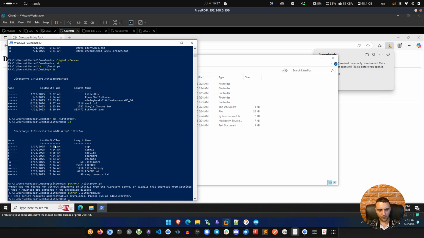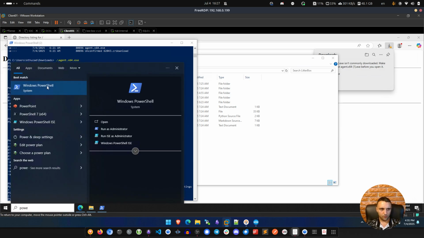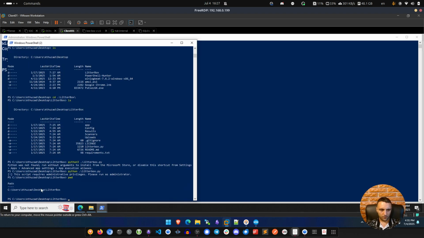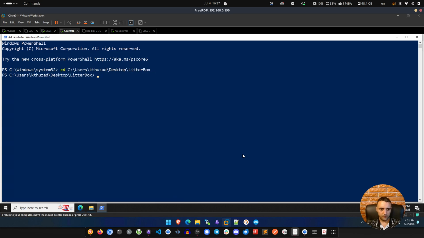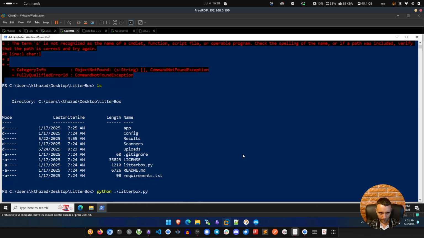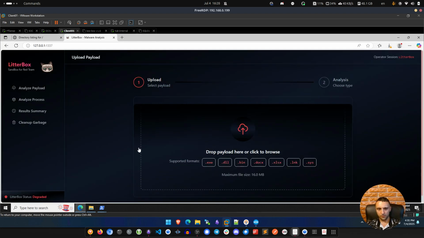Okay, run that. We need sudo, we need administrative privileges, so run as admin, copy my current directory, paste there, and do python litterbox.py. Now when you run that, you can enter a web server like this one. And when you enter this web server, you can upload files, and then you can analyze these files both statically